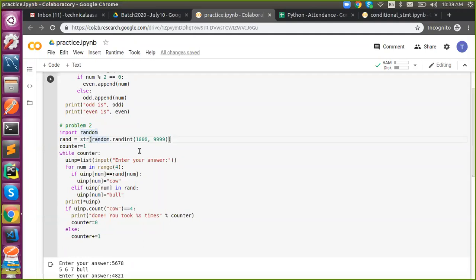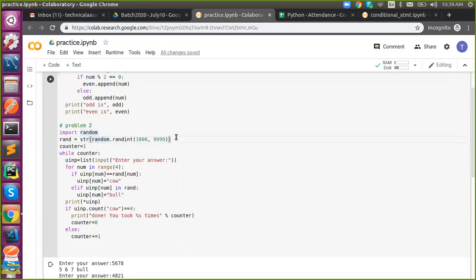But 1 resides somewhere else, right? If it is not an exact match but it resides somewhere else, it's a position mismatch, so you need to say bull. In the next prediction, the user will change its position. If it is an exact match, the user will keep it as it is. If it is an exact match, say cow. If it is located somewhere else, say bull. And if it is not a match, leave it, so the user won't repeat the number once again. Finally, the user will predict the number. So this is a prediction game, that's it.